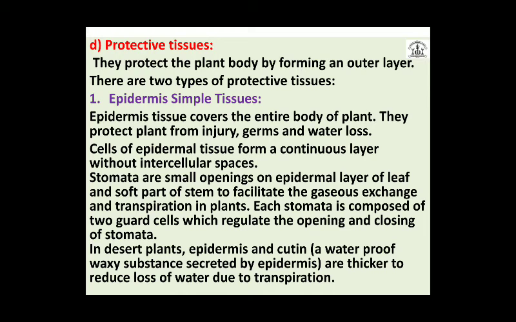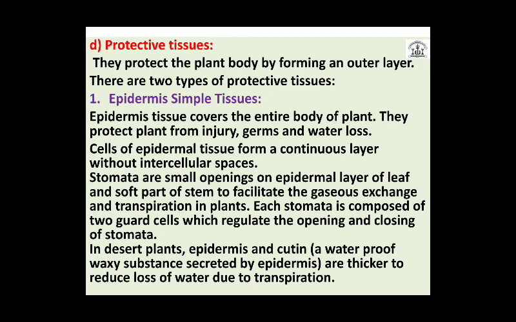So as this epidermis is thicker, the flow of water particles will be reduced, whereas the thin epidermis, what? Which leads to a greater loss of water. So it depends, from plant to plant the epidermis varies. In some plants the epidermis will be thicker and in some plants the epidermis will be thinner.